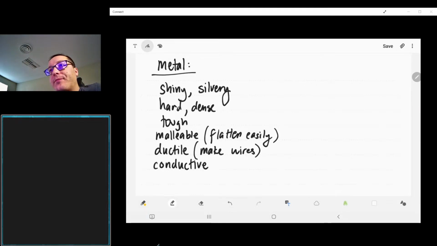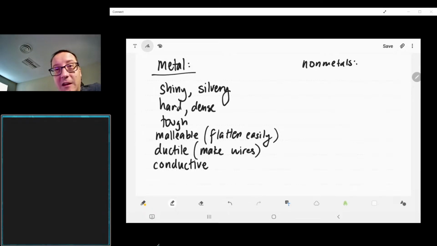And we can see that this is stuff that we already think about when we talk about metals. Like when we talk about wires, of course, typically we use copper for wiring, right? We do it for these properties because it is ductile, it is conductive, and it's tough. So it can conduct our electricity, and we can make it into very thin things, so we can use less of the material to do that. Nonmetals, on the other hand,